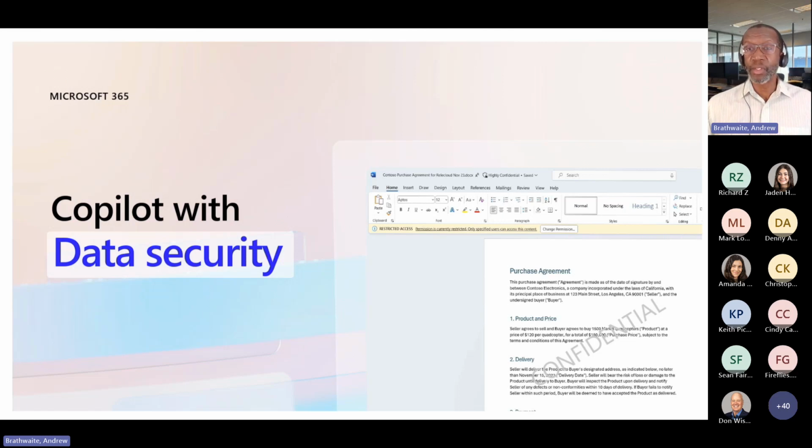All right, let me just see here. There's some questions. Does Copilot work with platforms that have other cloud platforms? Good question. Copilot for Microsoft 365, first off, works exclusively with your Microsoft 365 data out of the box. All right. Now you decide, oh, this is great. I'd love to extend its capabilities so that it will also include data from other sources. It can do that. It will do that, but that requires the creation of what we would call a plugin,